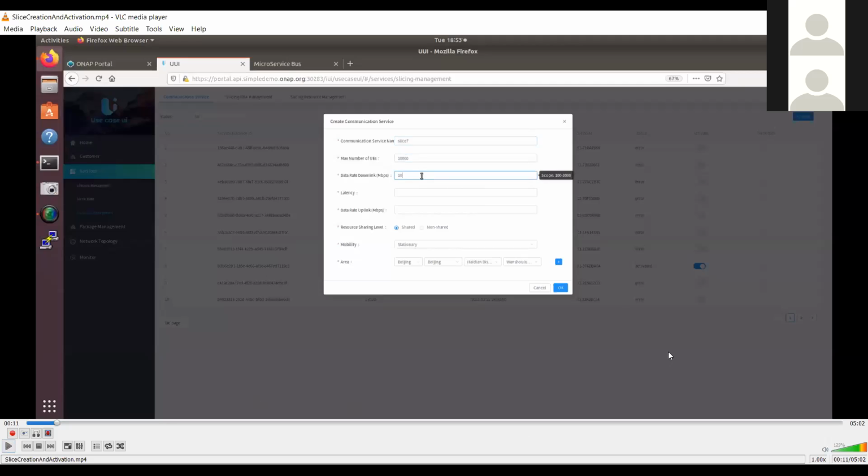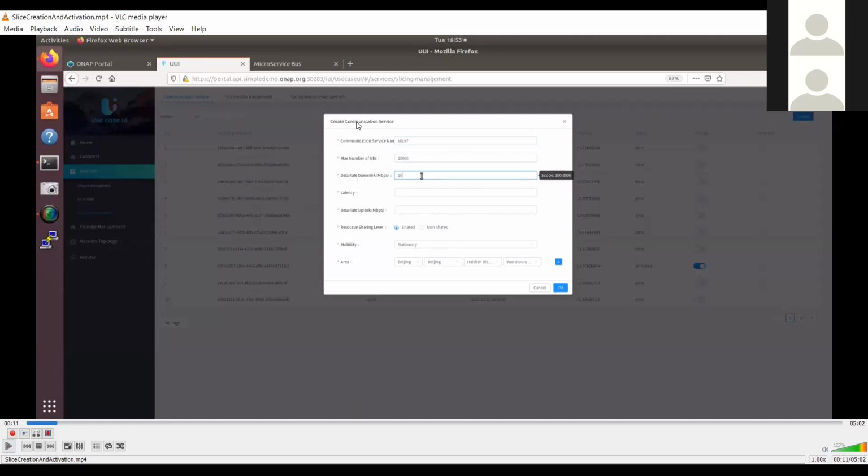So I hope you can see the screen. This is the UUI, which is the interface that allows you to create slices. There was a lot of debugging on our side. As you see, there are 10 different slices that we have created. And one of them, by putting in all the workarounds and identifying the right set of images, we were able to make it work. And these are the parameters.